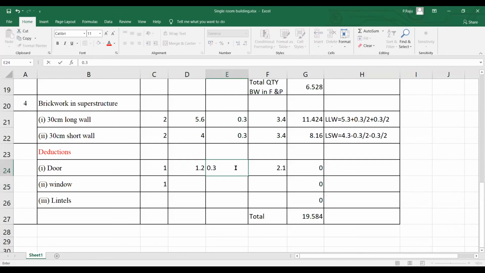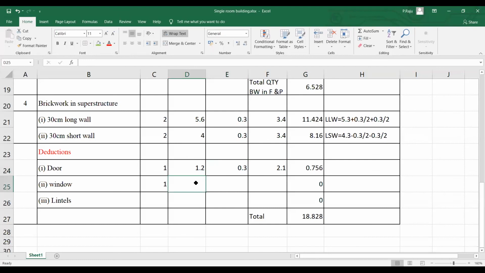But whatever window you have at your home, you just see, it won't be in the thickness of the wall. It won't be in the size of that wall, because it is very big. It will be somewhere around 0.15 or 0.2, maximum 0.1 to 0.15. But in this case we are going to take 0.3 because in the problem it is given like that, and in the diagram also I have shown like that. So we have taken 0.3 window thickness. So this is the quantity of door.